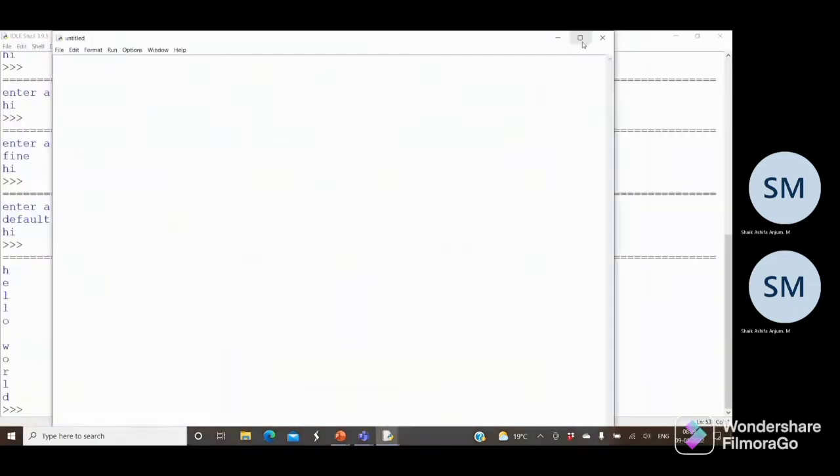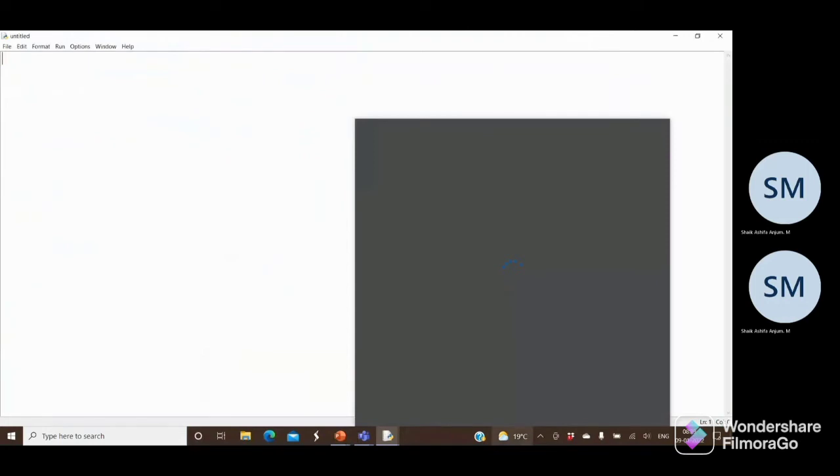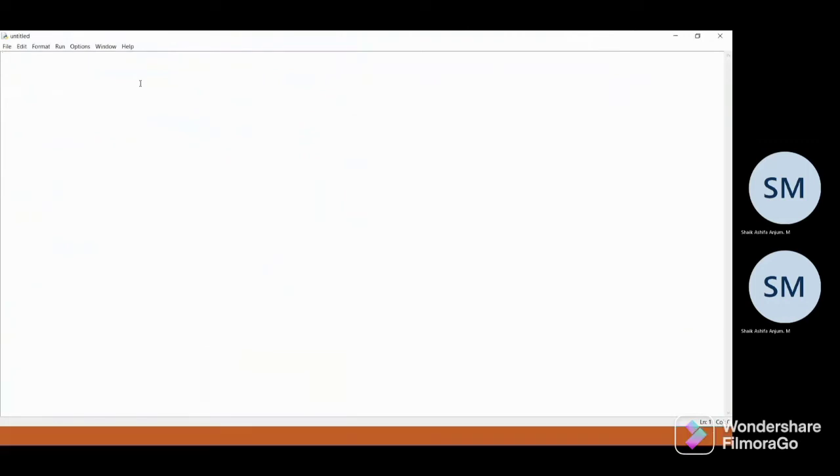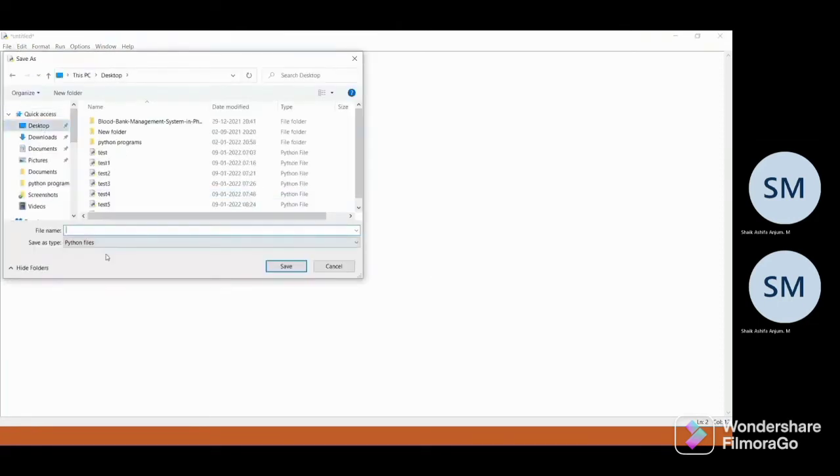I'm taking a new file. I will take a range of elements, for X in range of 10. We have already discussed what the range function does. Print X. I will run this. I will save this on the desktop as test7.py,